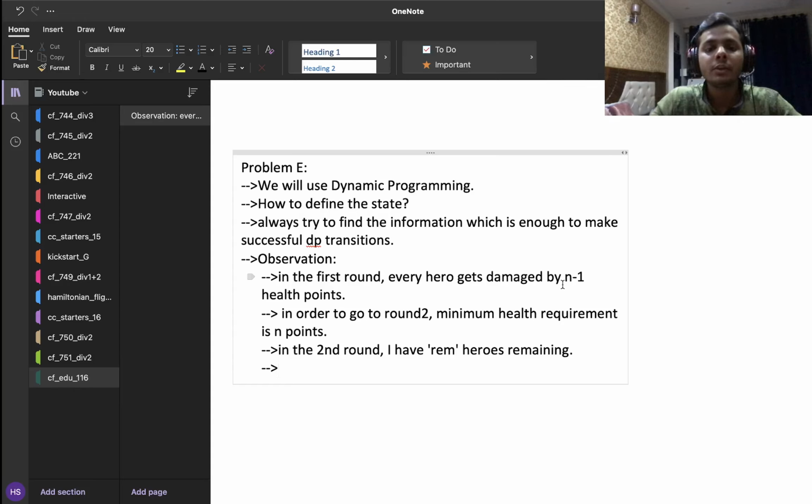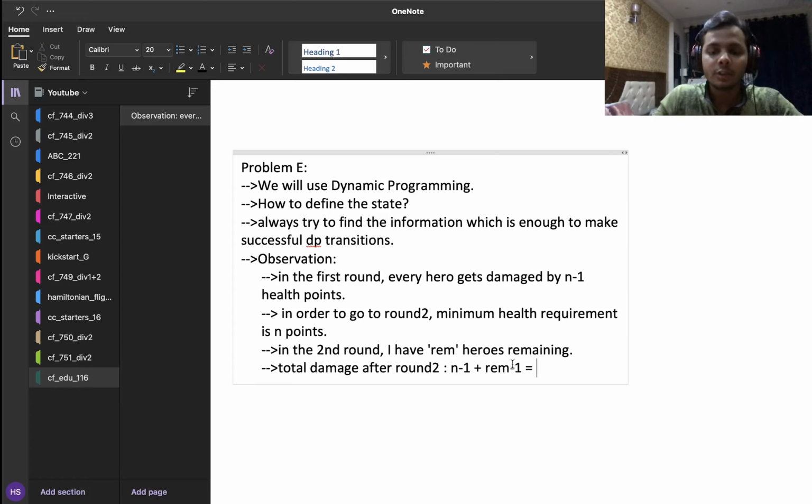After the second round is over, the total damage is going to be the damage from round 1 plus the damage from round 2. The damage from round 1 was n minus 1 points, and since in round 2 I had rem people, the other damage of rem minus 1 is also going to be inflicted.